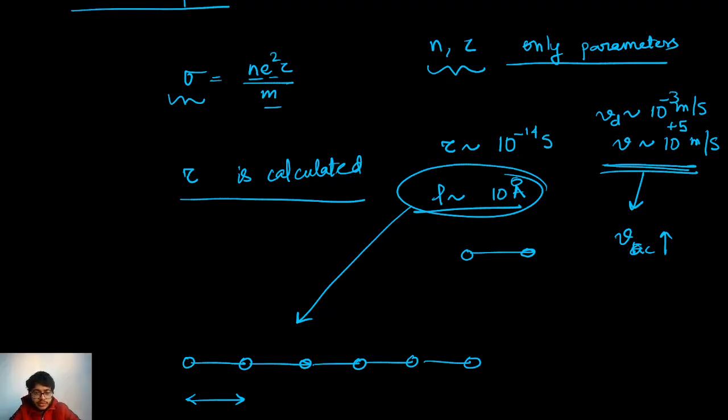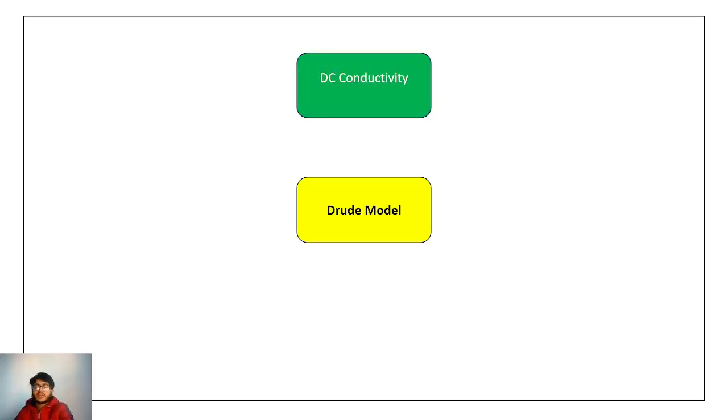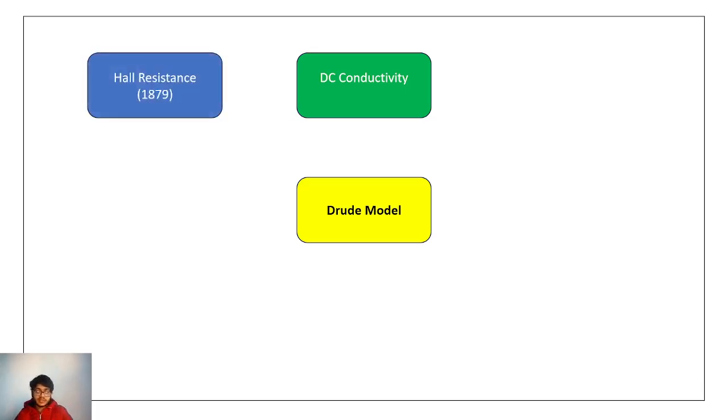So let's go to the PowerPoint slide and we will see. So we have Drude's model. The Drude's model was mainly about the DC conductivity, and it got a very good result in DC conductivity. But before DC conductivity, it explains something else which was done previously that we have talked about, which is Hall resistance, which was already discovered in 1879 by a scientist named Hall, and it was also explained correctly,